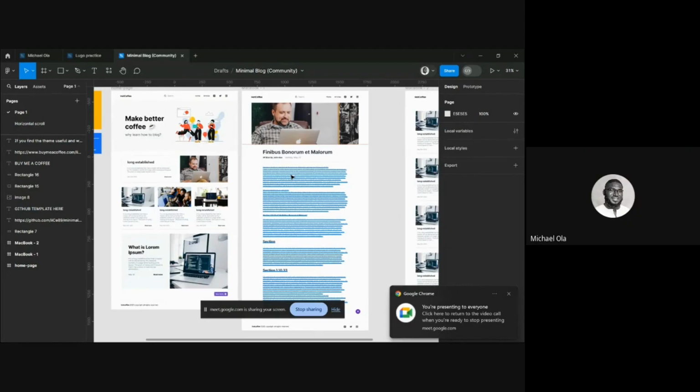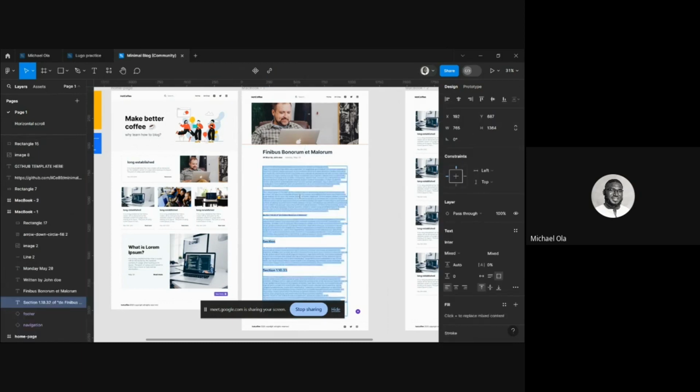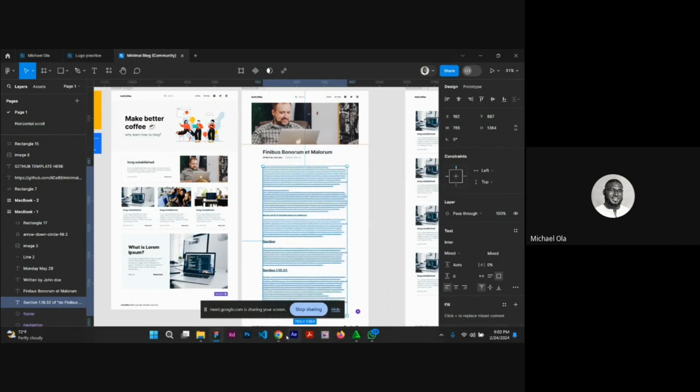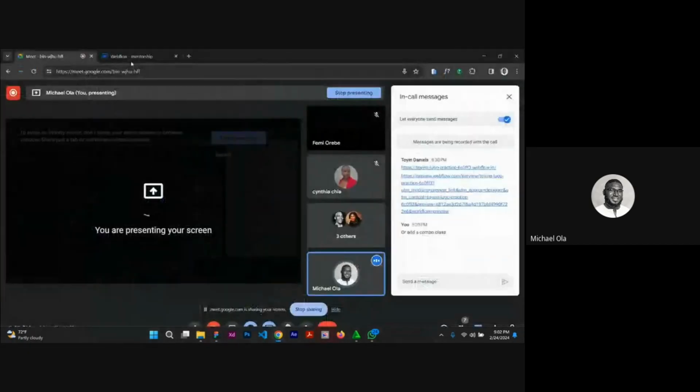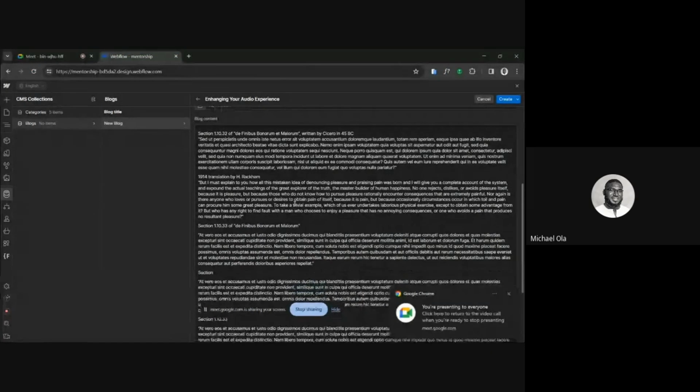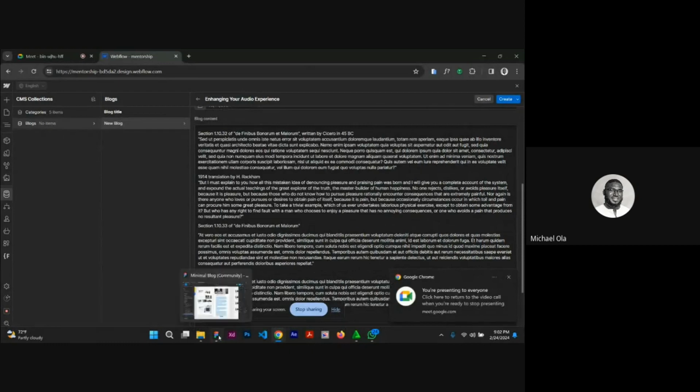So I got this from the Figma community. I just want to use this content for us to see how we can format the content. So I'm going to copy the text, then go back to Webflow, then paste. Now we want to style this. If you look at the reference design,